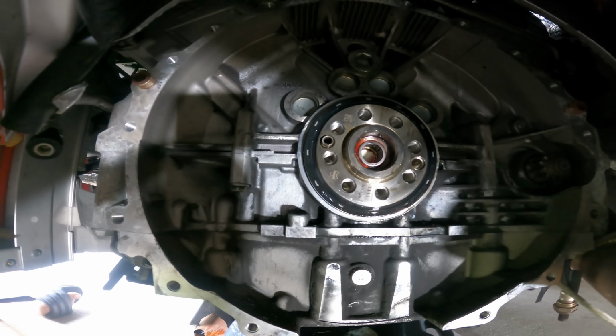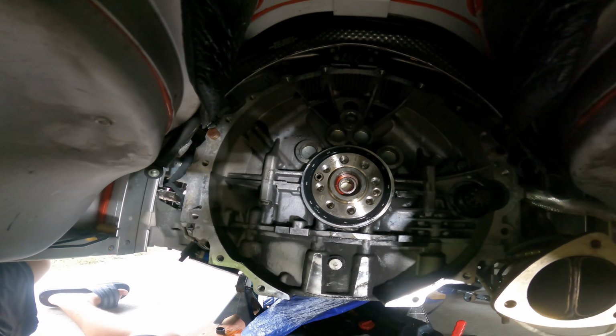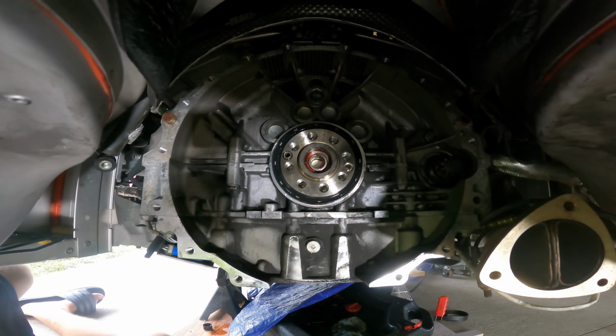I've seen people take like extensions and then tap it in. We want to keep this seal as nice as possible, so I don't want to like put any stress areas in it. So here's a trick I learned